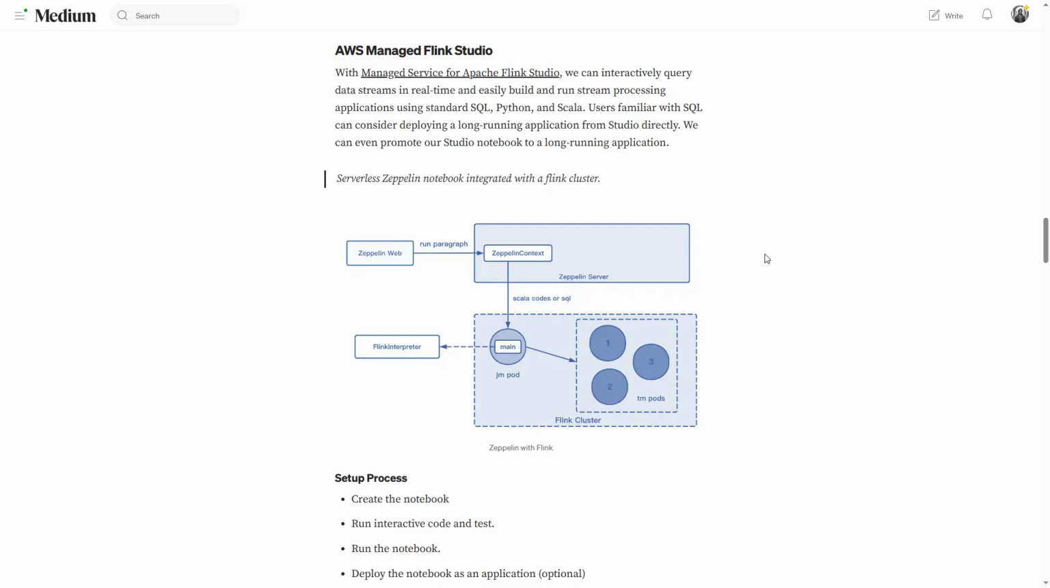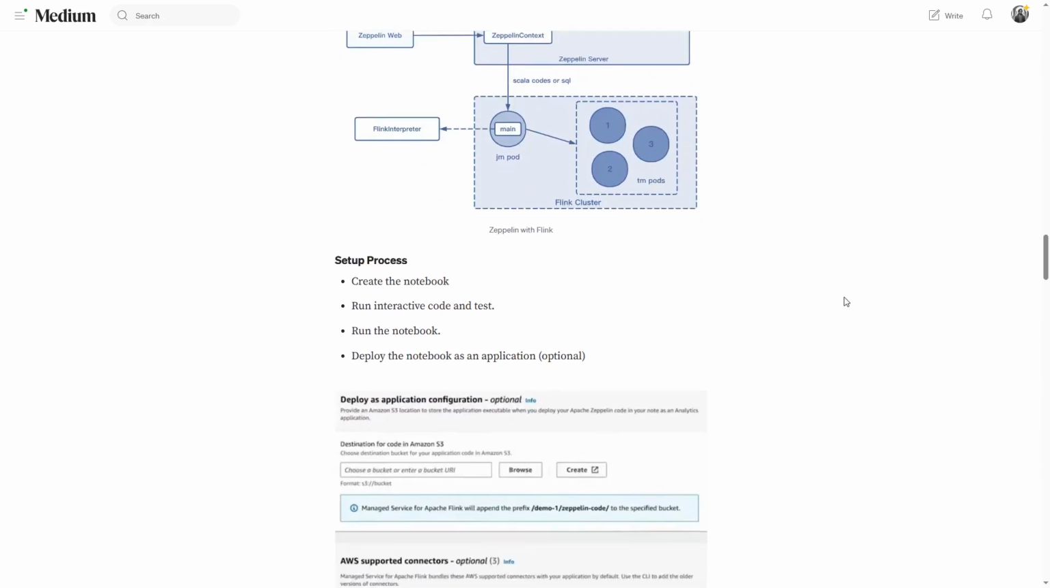So Flink Studio is something which allows us to run Flink applications in an interactive way using SQL, Python, or Scala languages. And this is done using Zeppelin notebook. So the architecture is like this. We have Zeppelin web, which runs a paragraph or a cell that gets into Zeppelin context. In here there is a Flink interpreter which receives that context and then runs it in pods. So that's how this serverless Flink Zeppelin notebook integrated with Flink cluster works to give us an IDE that